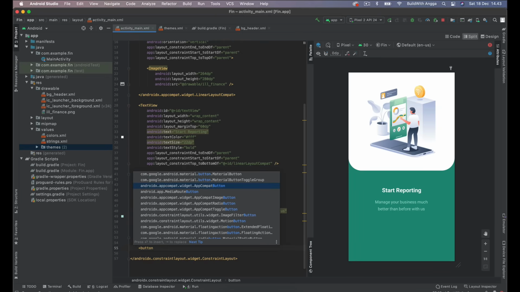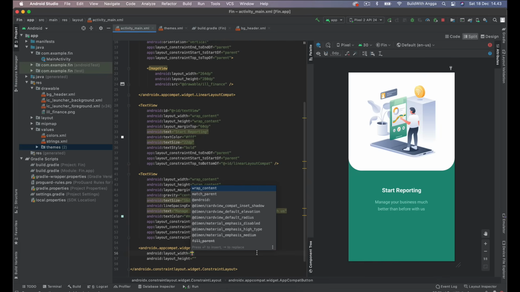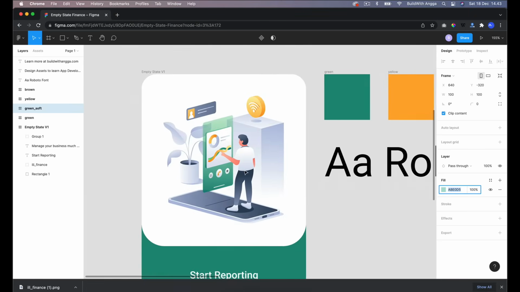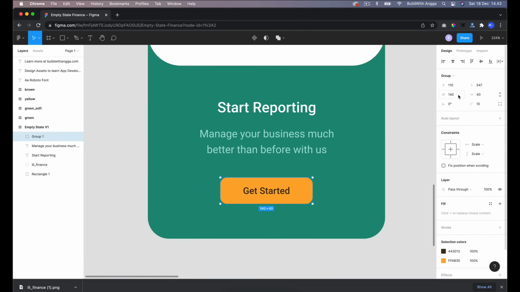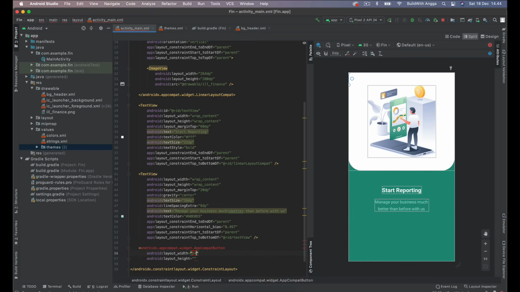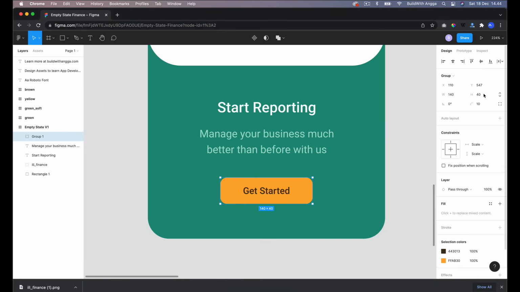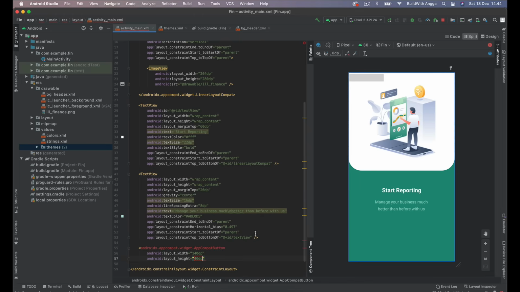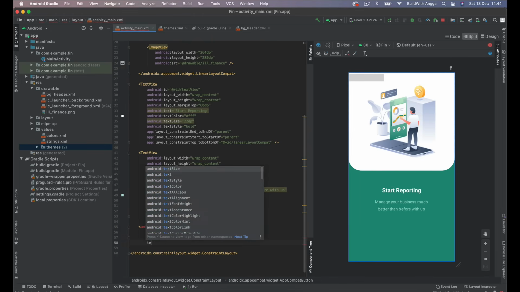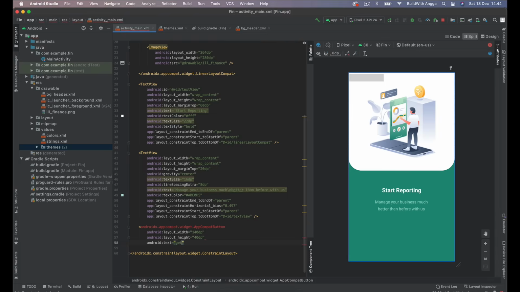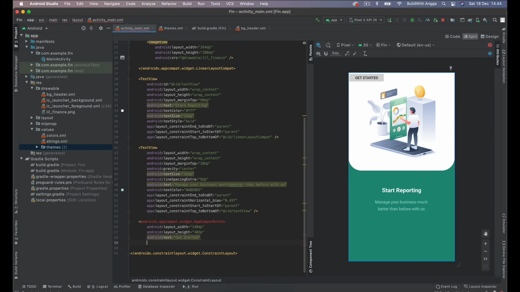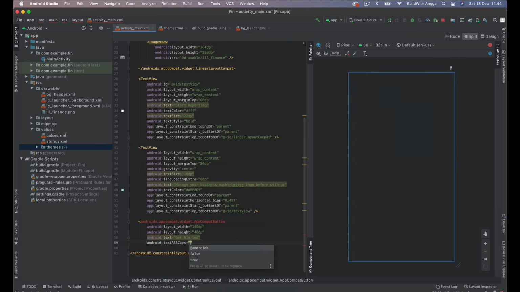Okay, let's move into this button. We're going to use Android X button, and we need to set the property for the width about 140 dp and height about 40 dp. Okay, and we need to give text get started and set the capital all caps, which is false.